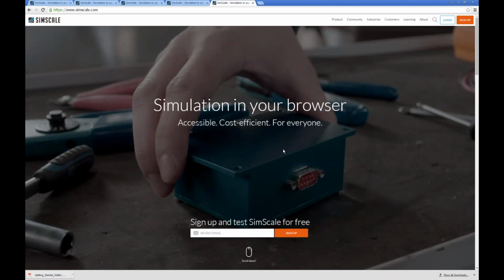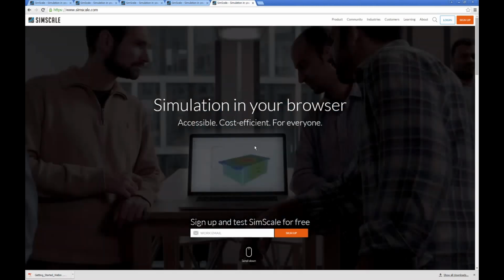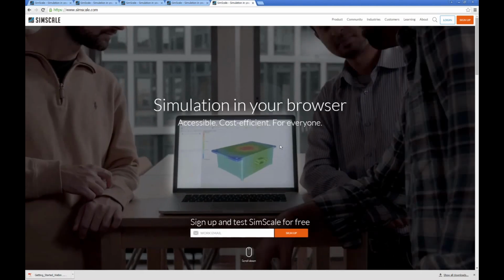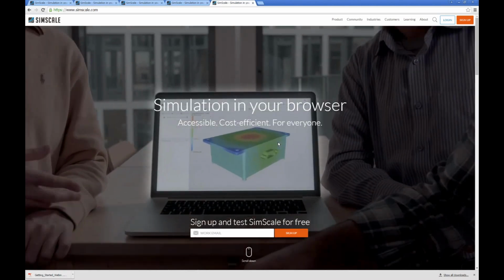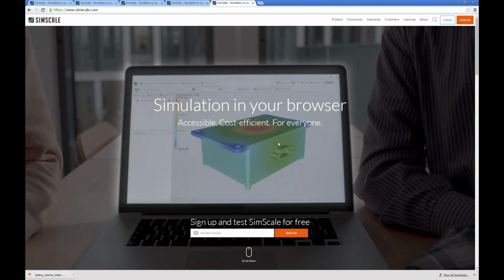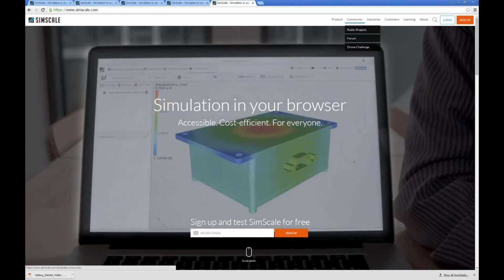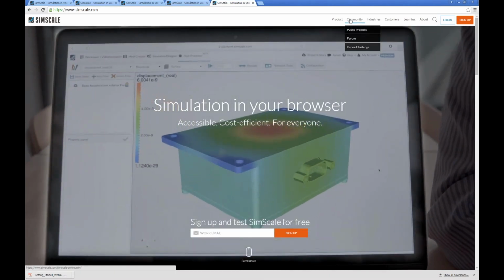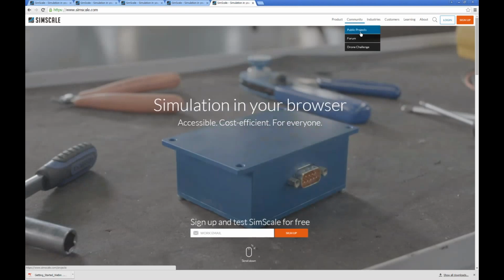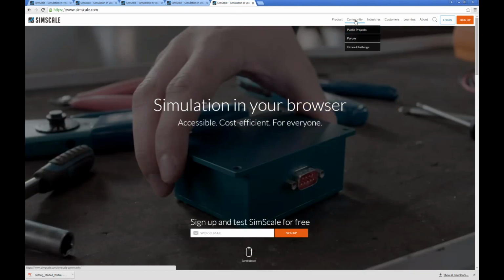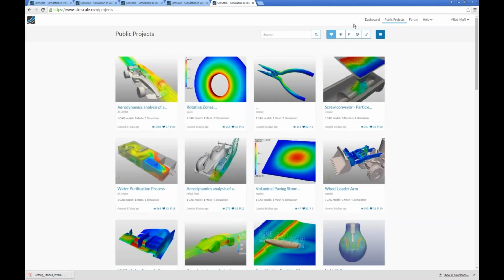We want to help you make better products in a shorter time, independent of the application or the industry you're working in. We think we're supporting a lot of different analysis types. But first of all, we have our so-called community, and there we have one thing I think is